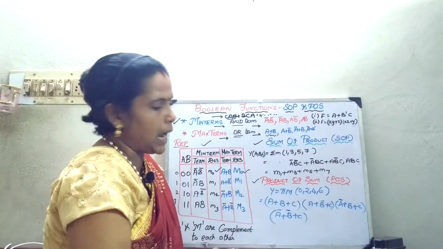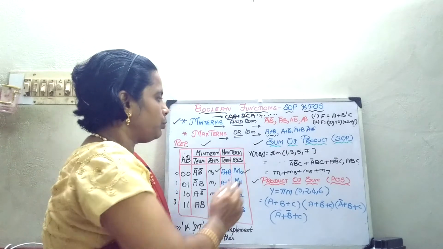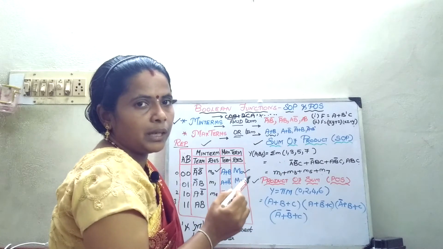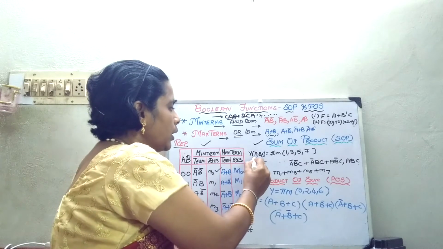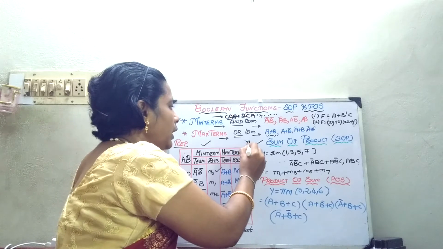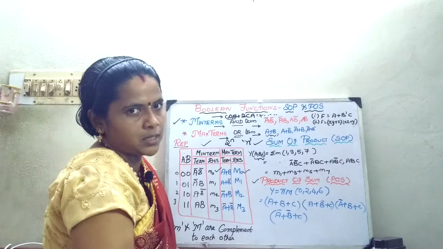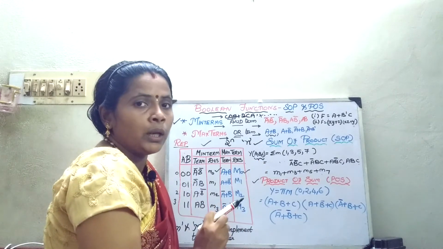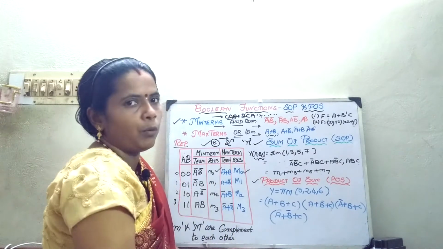Now we will go on to how to write the sum of products and product of sums, these two Boolean functions. Here the variables are from 0 to 7. On the left hand side, 3 variables are given. For every n variables you will have 2 power n min terms or max terms. So how many variables are there? You have 3 variables. When you have 3 variables, 2 power 3, that is 8 min terms are possible.